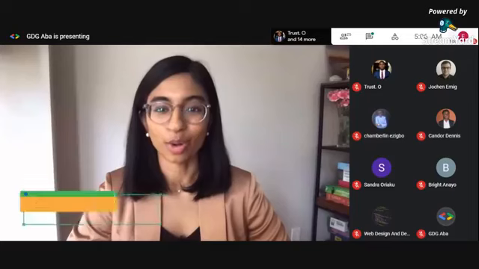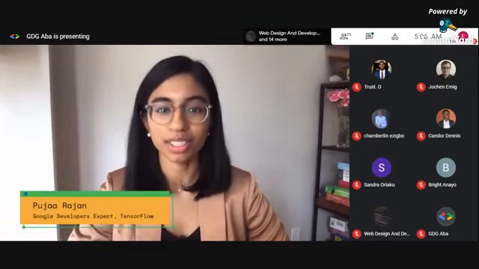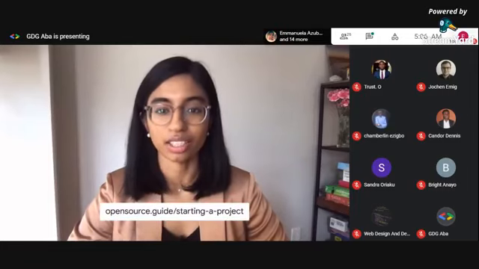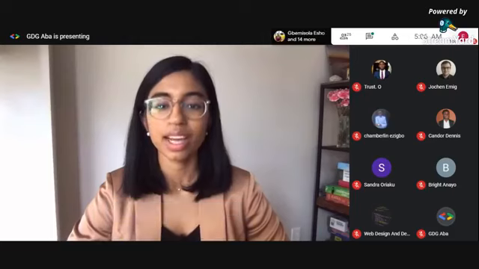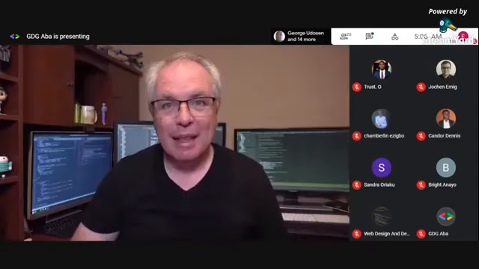You might also want to open source this project too, so developers can suggest improvements, optimizations, and even additional features by filing an issue or sending a pull request. It's a great way to get your hard work in front of even more people. We'd love to help you with this, and you can learn more about the process at opensource.guide/startingaproject. Indeed, we've already open sourced the bean disease sample we discussed in this video, so you have a great place to start. Thanks, Pooja.